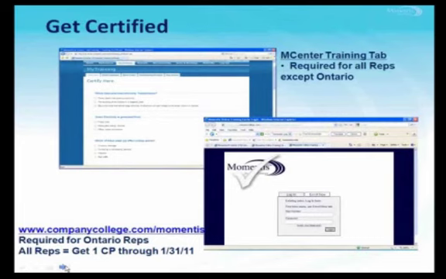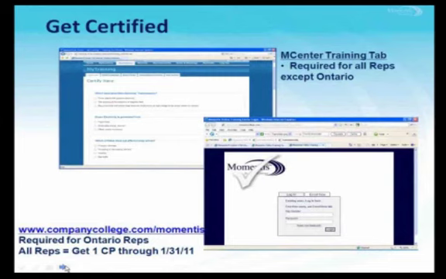The first thing to do before you can do anything, before you enroll any single customer with Momentous, is you must be certified. Every single Momentous representative has to be certified in order to share the Just Energy products and enroll customers. And this is not just a Momentous rule, it's an industry regulation. Each specific state and province that we are in has different regulations. This is an industry that is highly regulated, and we want to make sure that we are equipping you with the kind of information that you need to know as you go out and share the product.